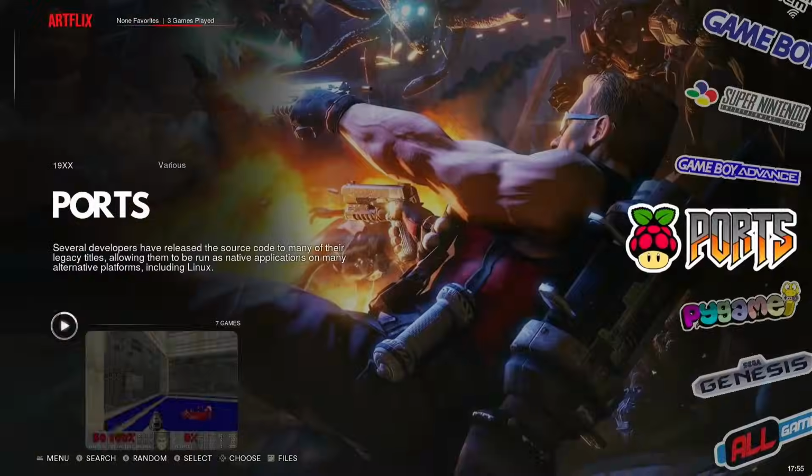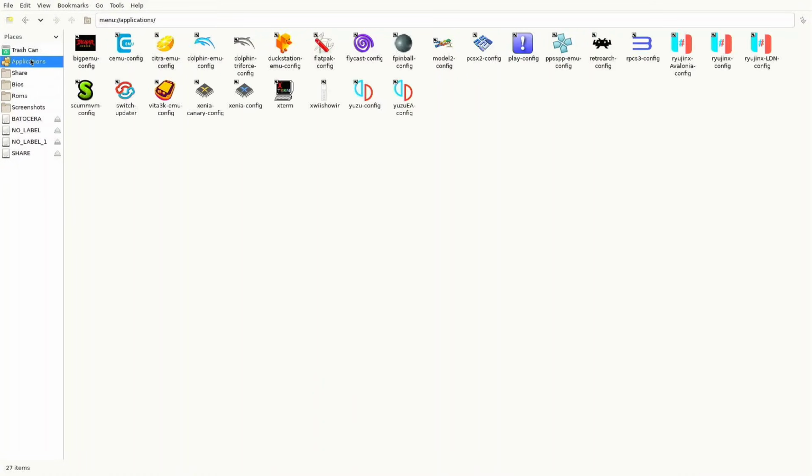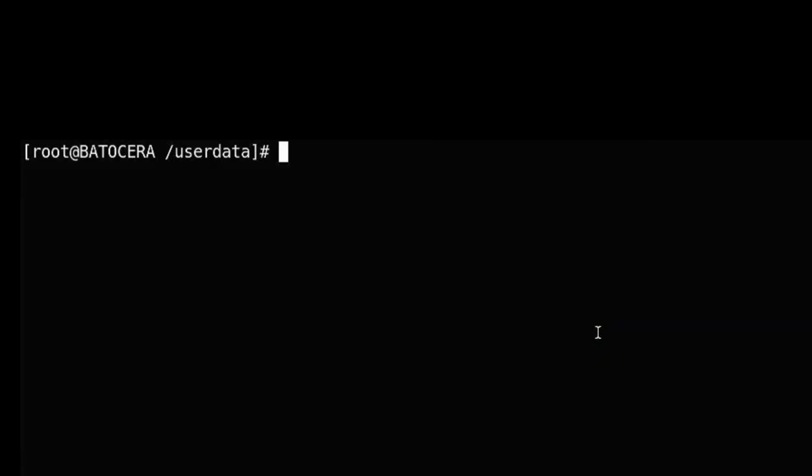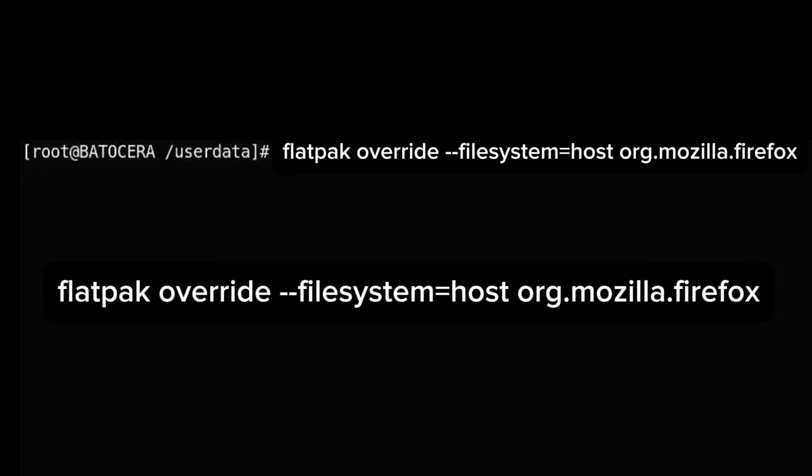So what we'll do is we'll click F1 to go back into the file manager. You'll go up to Applications, click on Xterm, and you're going to type in exactly what I type in here, exactly how I type it in. Flatpak, space, override, space, dash, dash. There's no space in between those dashes. File system,